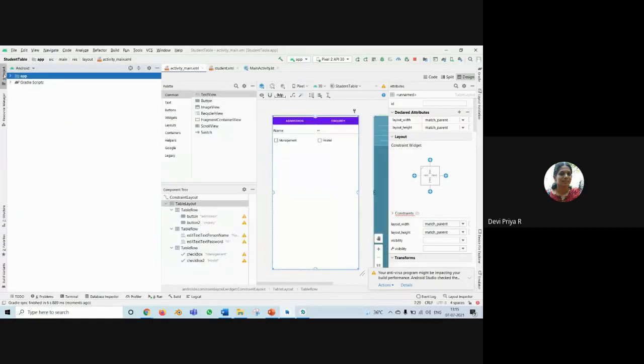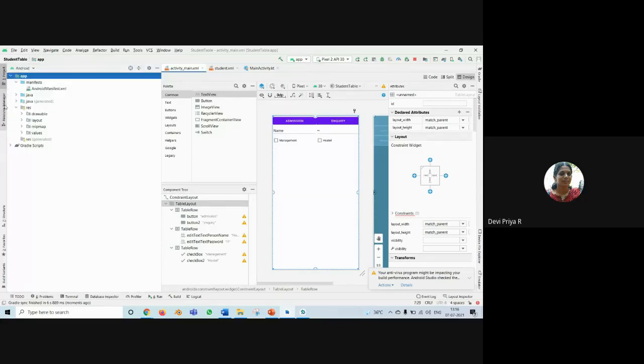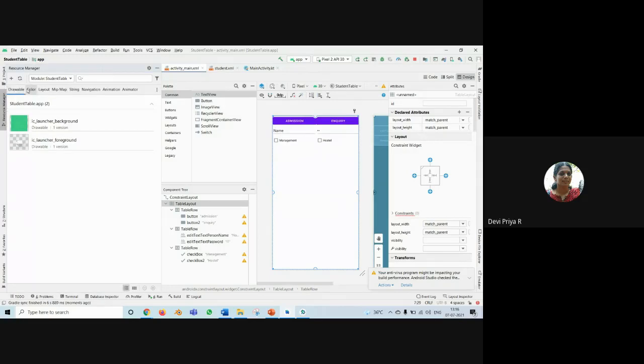And one more thing, whenever you are installing Android, this Kotlin, ensure that this manifest folder, everything is proper. Otherwise there will be so many problems while running the programs. And this resource manager, you can choose the resource manager. This tab is used to show you what are the basic inbuilt facilities available. So drawable means by default these two backgrounds are available, and colors, layouts. These are the two layouts that we have now. That means what are the XML files that we have will be displayed here.